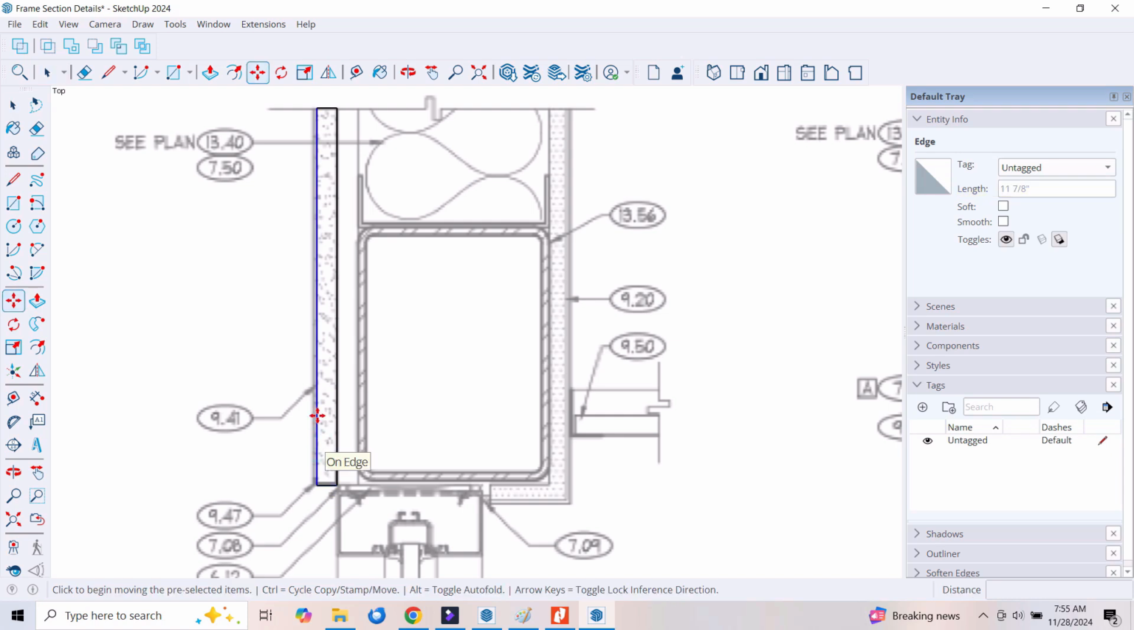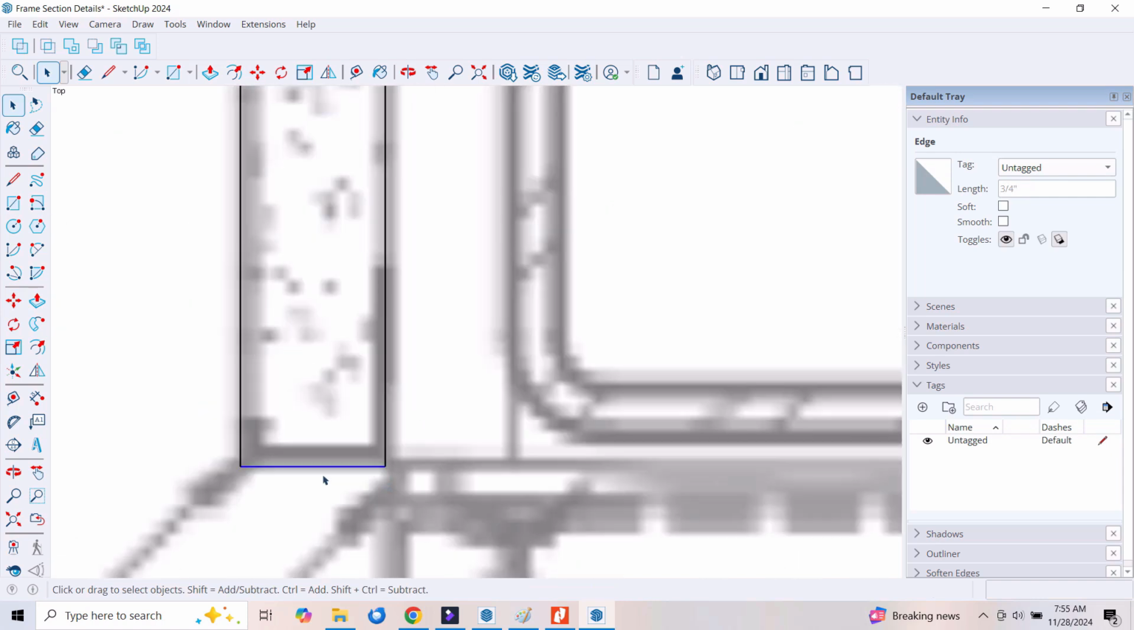I pressed M for move. I'm going to drag it this way. The red line indicates that I'm on that red axis. I'm going to type in 0.125. So now this should be 3/4 of an inch thick. And then looks like I have something comes up about that far,